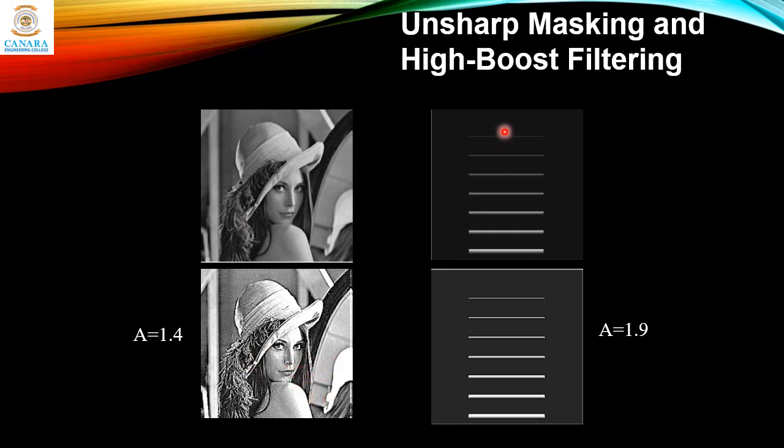And here also you can see this first stripe is not clearly visible. Once you perform the high boost filtering with A equal to 1.9, you can see this first stripe is quite clear, and edges are also clearly defined. Here it's quite blurry in this part, here it is enhanced. So this is the use of high boost filtering.